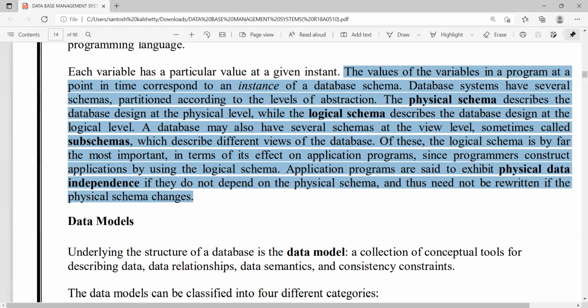The physical schema describes the database design at the physical level, while the logical schema describes the database design at the logical level. A database may also have several schemas at the view level, sometimes called subschemas, which describe different views of the database. Of these, the logical schema is by far the most important in terms of its effect